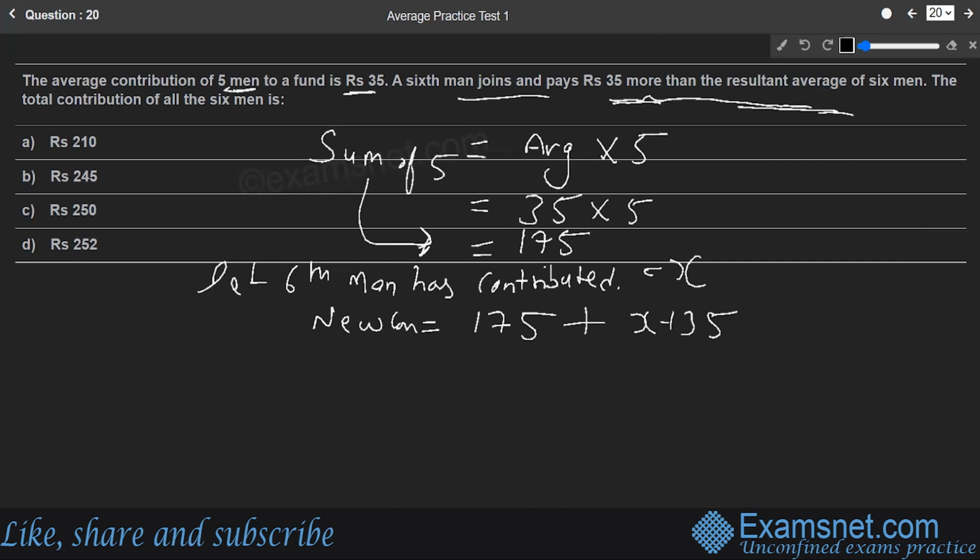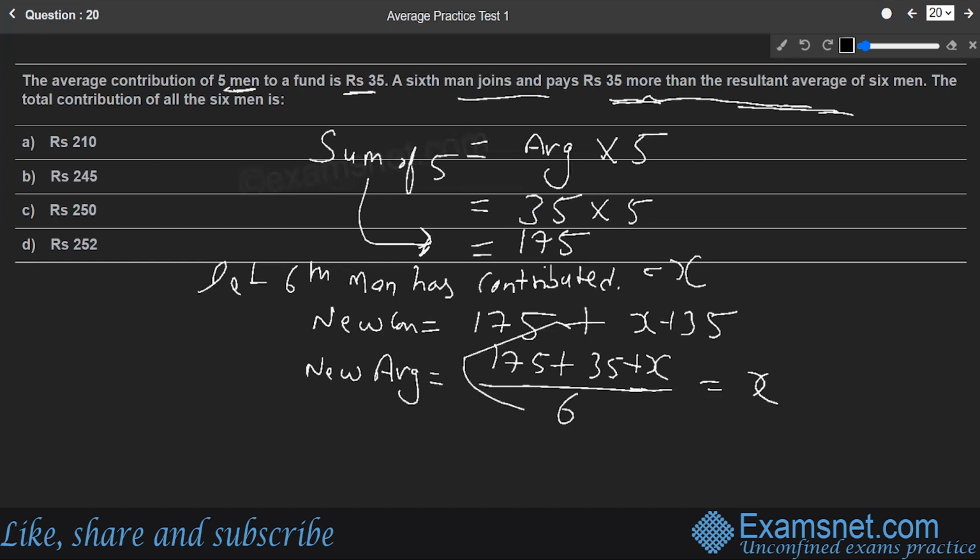Okay, and then he says the total contribution of all 6 men is to be found out. Now in the same way we can find out the new average. The new average can be calculated by new sum, that is 175 plus 35 plus X, divided by new strength. New strength now becomes 6, and this will be equal to the new average, that is X. So we are supposed to solve this particular equation to get the value of